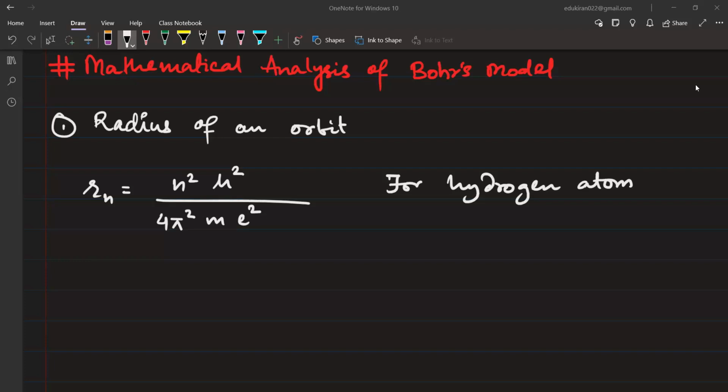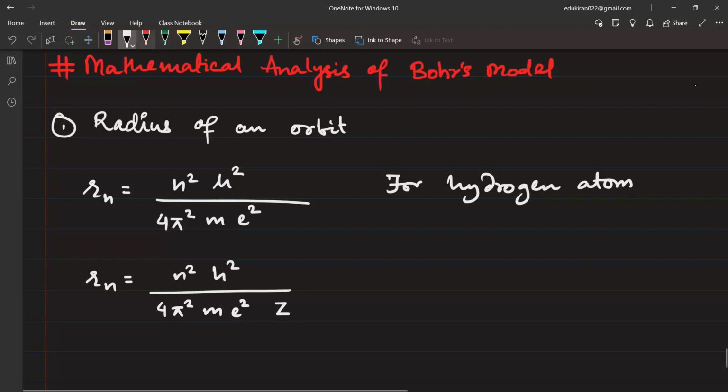Okay, so radius of an orbit for hydrogen atom is this much, and radius of the orbit for any other atom will be n square h square divided by 4 pi square m e square multiplied by Z. Okay, now please listen here, guys. h is also a constant, Planck's constant. 4 is also a constant, pi is also constant. The mass of electron is also constant. Elementary charge is also constant. So all of these things are a constant, and the value came out to be,